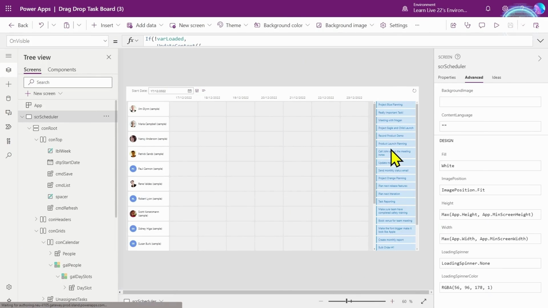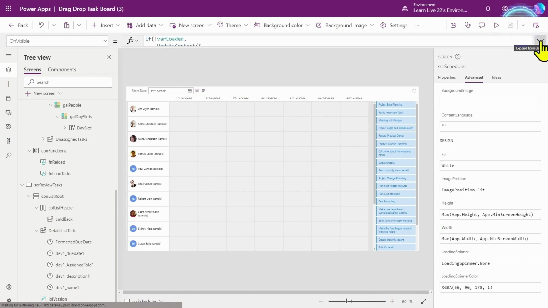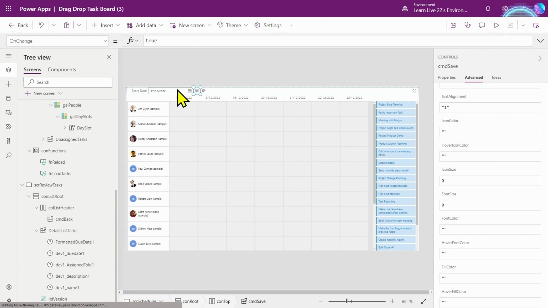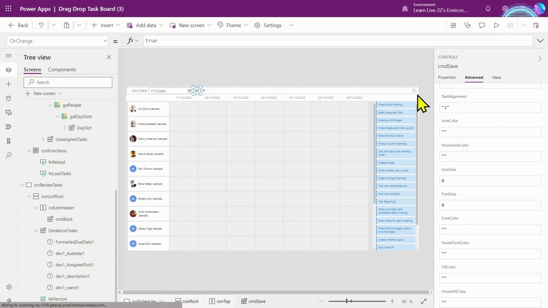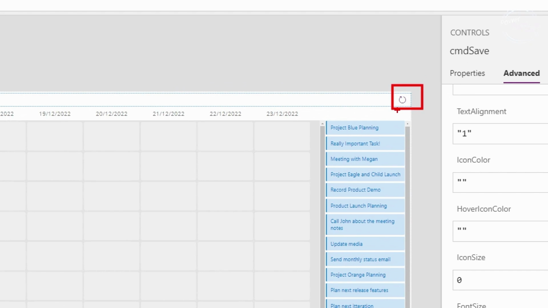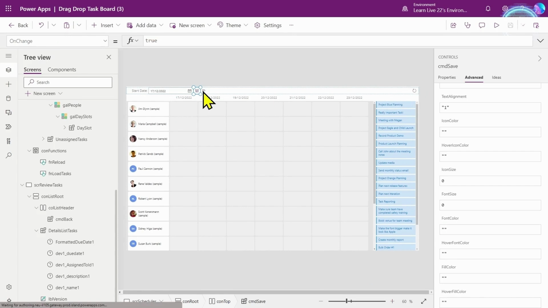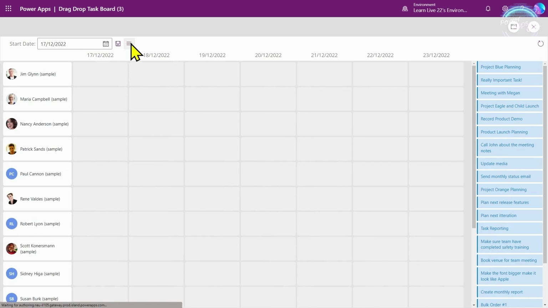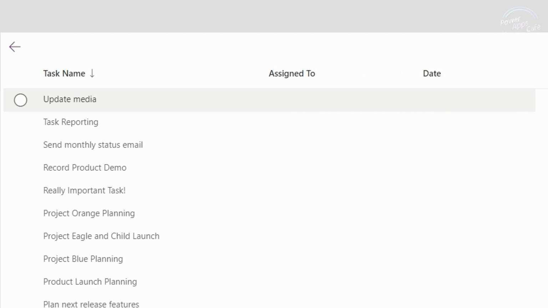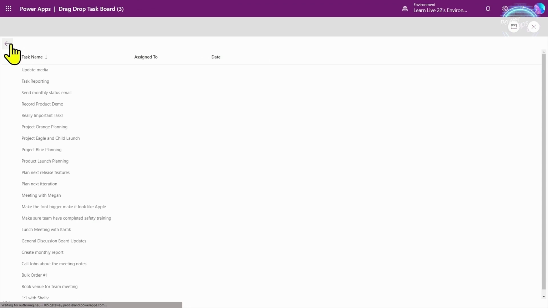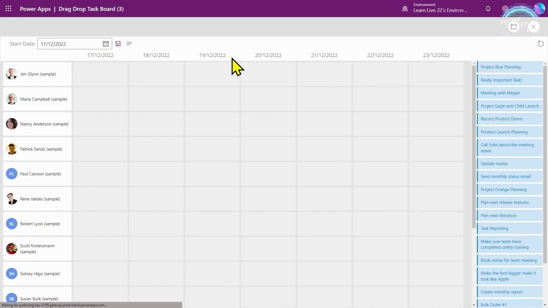Okay, so here we are in the app that we left off in the previous video. Now, if you've not seen that, then I highly recommend you looking back at that, or maybe reviewing it. But I've made a few tiny adjustments. For example, I've added in a save button and it doesn't do anything at the moment. I've also added in a little refresh button, and these are using the Creator Kit icons. I've also added in this little view button. So if I run this and click on that and go over, you can see all I'm doing is showing the tasks, who it's assigned to, and the date, which allows us to see what's going on, make sure that we've made the right updates.